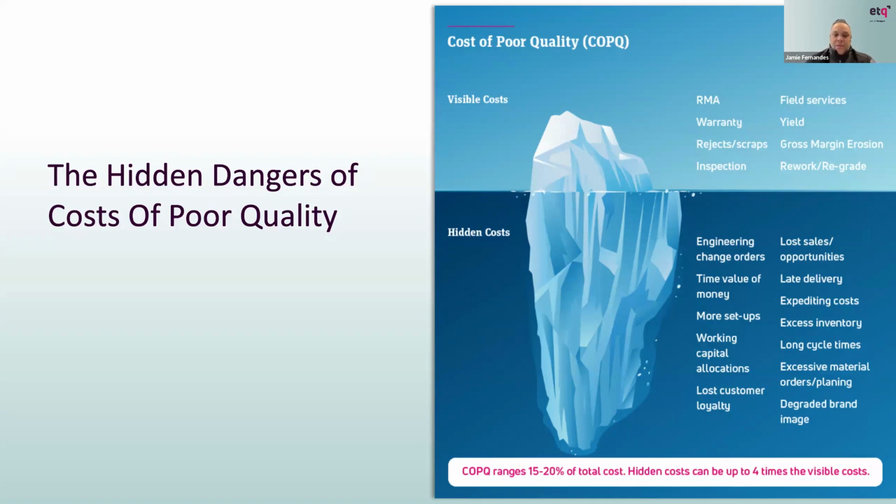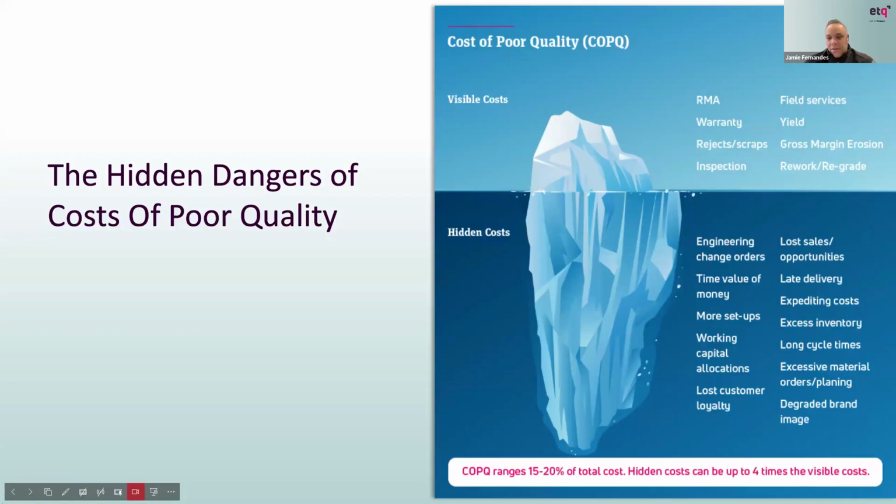When those escapes happen, there are things like recalls and such, the engineering change orders, the work that has to happen to recalibrate lines that maybe were creating those issues, late deliveries, excess inventory, long cycle times, and those things. So cost of poor quality ranges 15 to 20% of the total cost. That's a lot